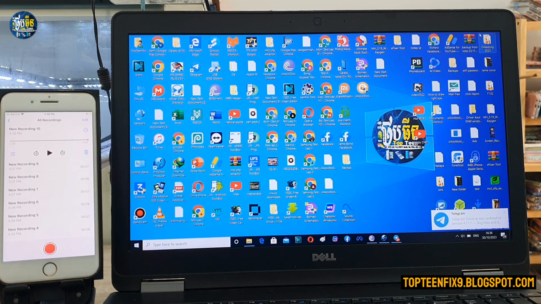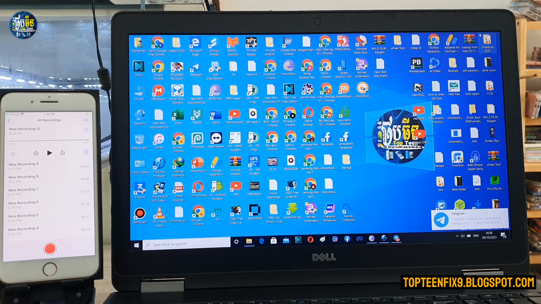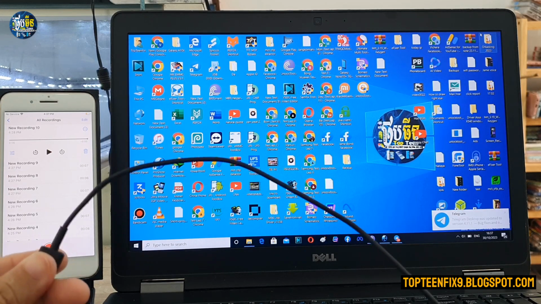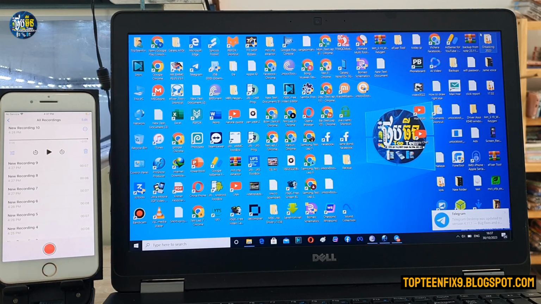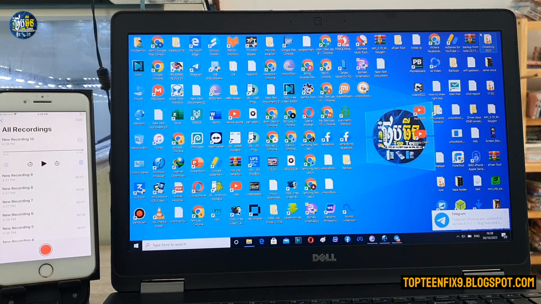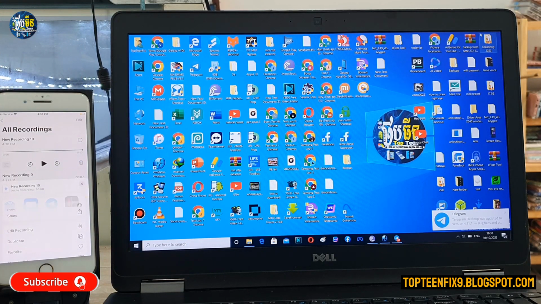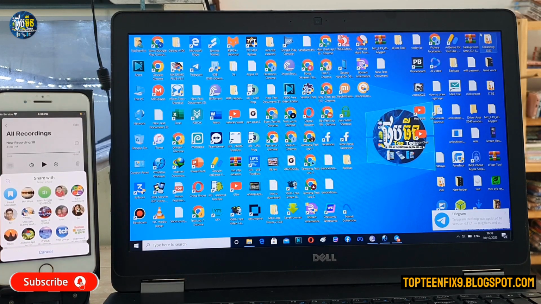And if you want to get a file from your phone onto the PC without any connection, without a USB connector, we just use Telegram between the phone and the PC. Okay, so for example, I want to get the new recording 10 right here. You have to just select the icon. Okay, click on it and select share, select the Telegram icon, and choose the account that you